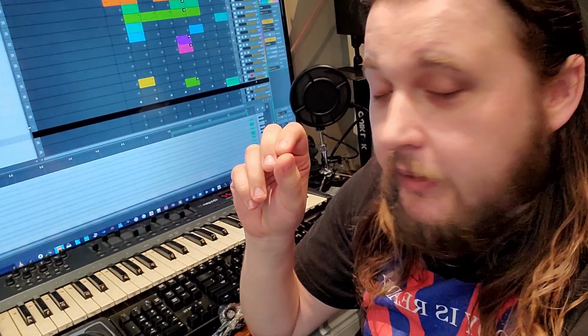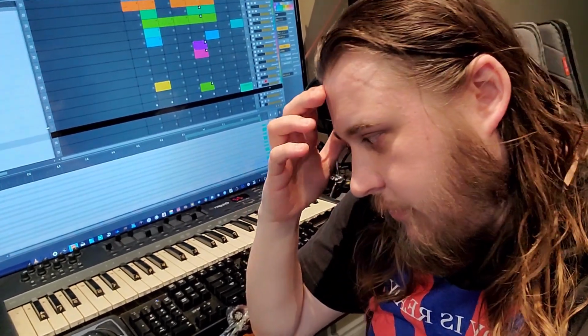Nick here. Recently, I picked up Bitwig to complement Studio One. One of the things that I miss from Studio One is that in the piano roll, you can lock the keys to a specific scale. So you can select whatever scale you want, whatever key you want, and then you can lock the notes in to that. It makes writing music really easy, especially if you don't have the best knowledge when it comes